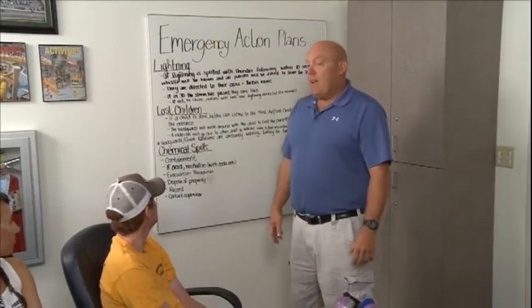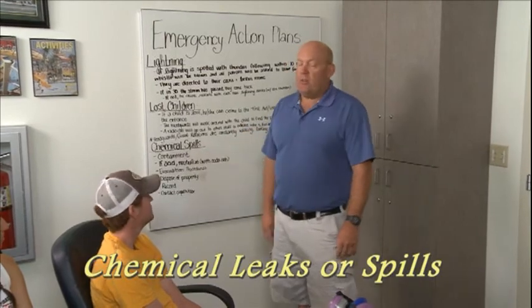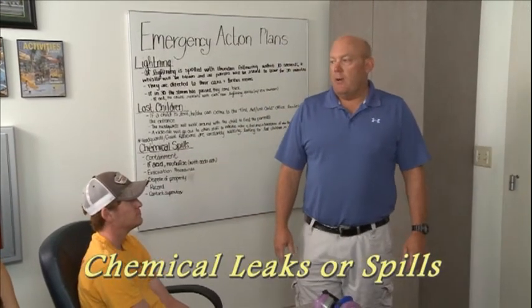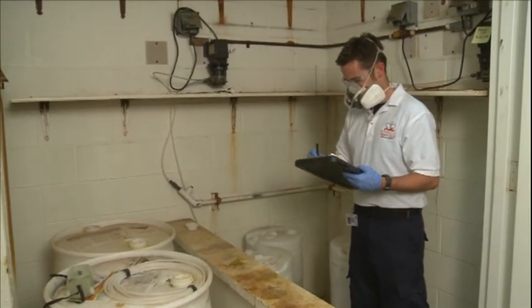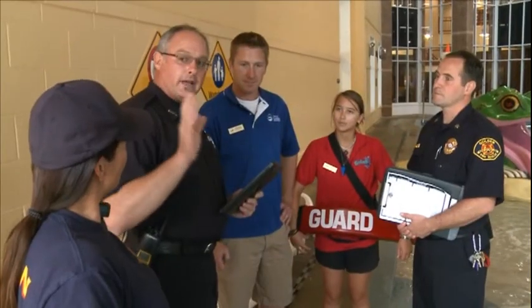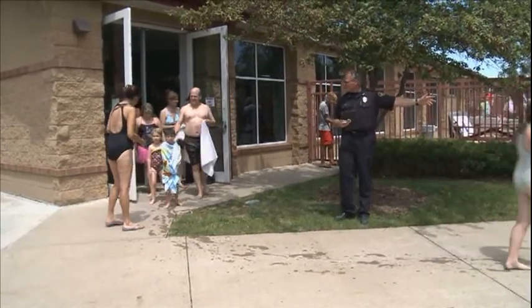An emergency response plan, including evacuation procedures, should be established in the event of a chemical spill or leak. Staff needs to be equipped with and trained in the proper use of personal protective equipment. The local fire department should be brought in to review chemical storage, assist in developing an emergency plan, and help conduct emergency response drills.